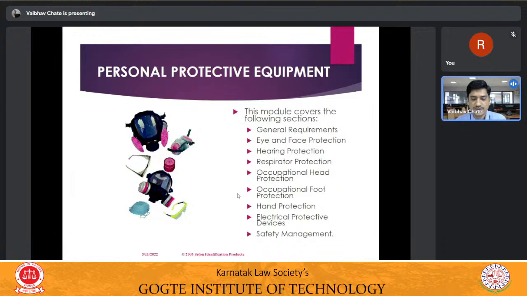So in this connection, we'll be introduced to the topic of personal protective equipment and health emergency. These things you'll be studying in this particular module, apart from the environmental management plan and solid waste management, because each and every organization generates solid waste. So how to manage that particular solid waste at the workplace is also one of the important aspects.